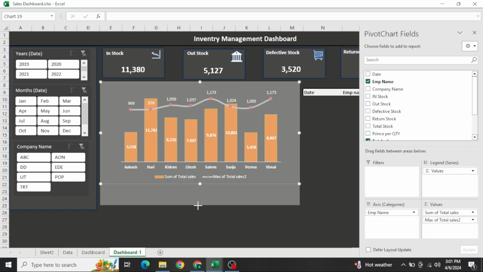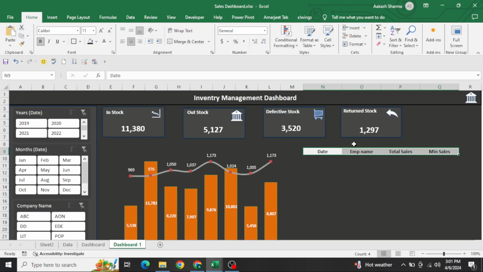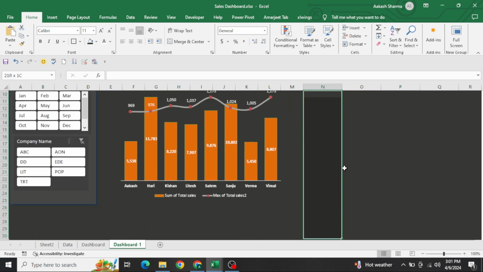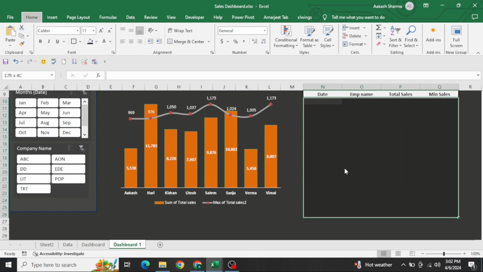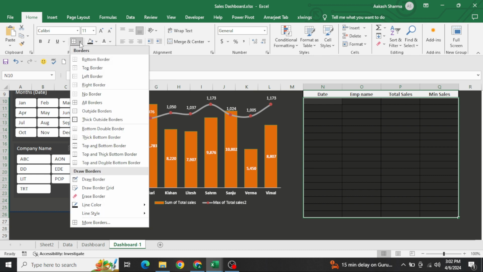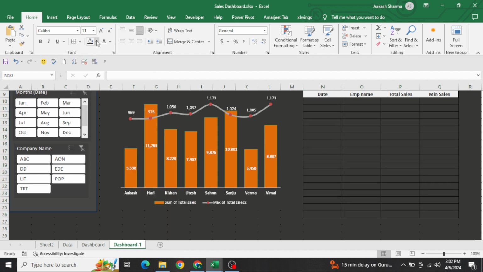Now, a very important thing is making the last tabular data. Okay, how will we make it? First you need to go into the developer tab. We also need to make a little border here. Okay, the border is black right now. Go into the border, and here you will have an option of line color. It should be white, and after the white